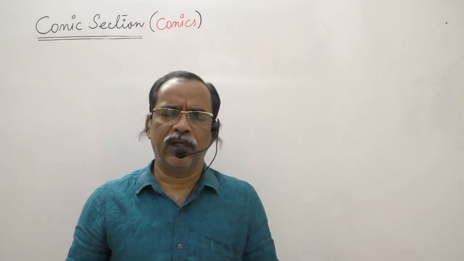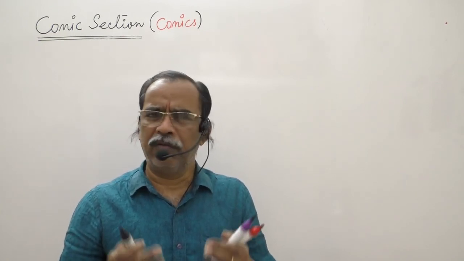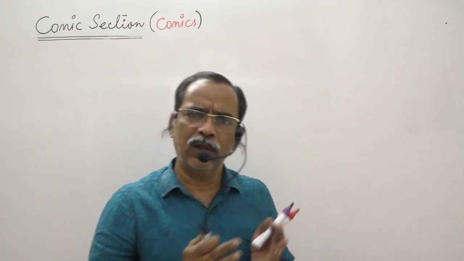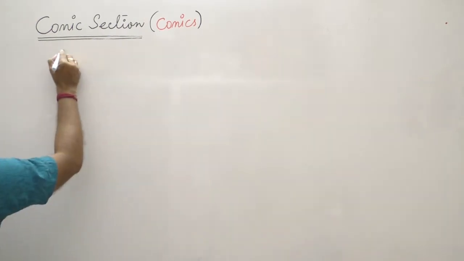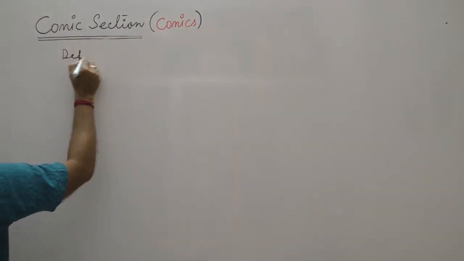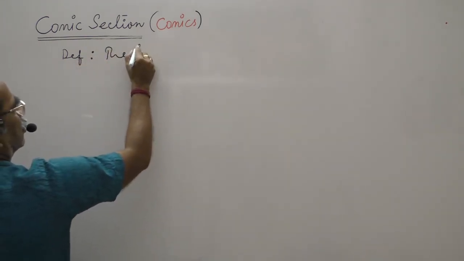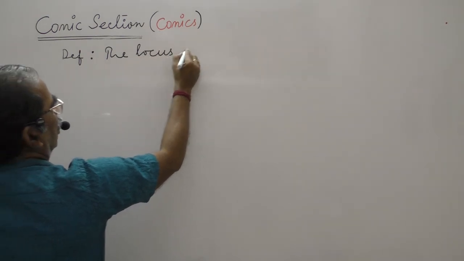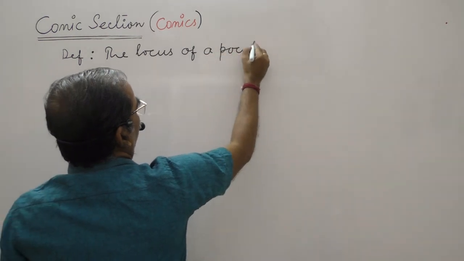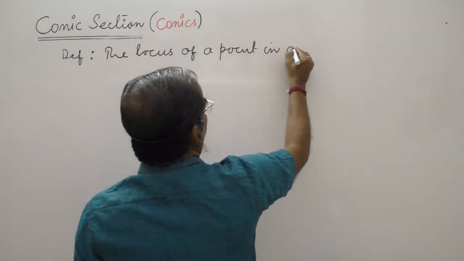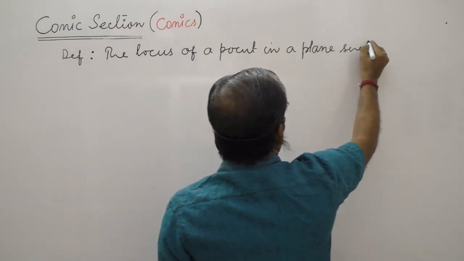What is a curve in 2D geometry? Every curve is a locus. Therefore this conic section is also a locus. Please listen carefully. Since it is a locus, what is the definition? The locus of a point in a plane such that